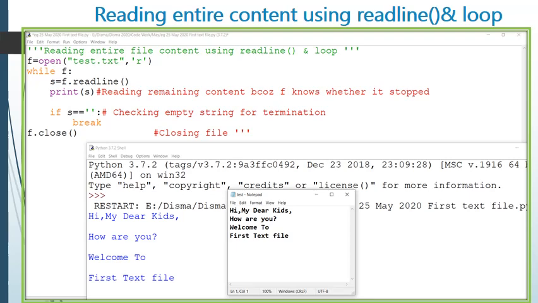Then, reading the entire content using readline and a loop. You can see the previous coding, which is written in script mode. The file is being opened in read mode, while f, actually this is an infinite loop, so definitely this loop must contain a terminating condition. So s = f.readline(), it will read the lines from this one and it will print